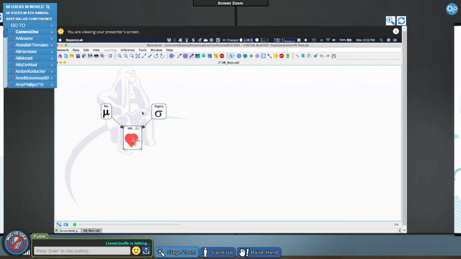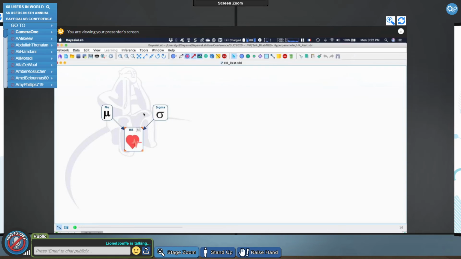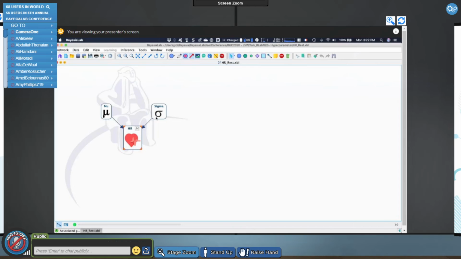It's a pure Bayesian way to estimate probabilities. I'm not doing machine learning, but rather using inference to reduce my uncertainty on mu and sigma. With that, usually what we do is we first have to associate data, right?